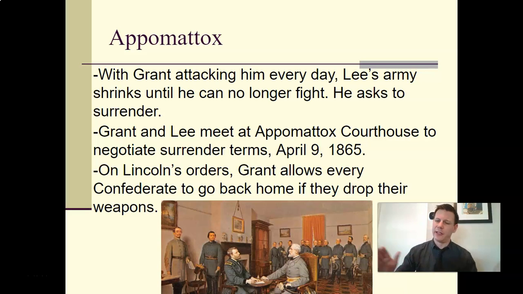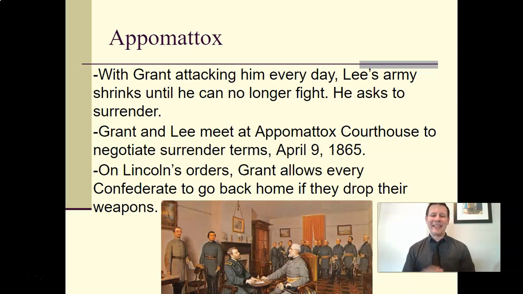You're not going to get tried for treason. Go home. Go to your families, right? Go and see your mom and your dad or your kids or your wife. Go home to the farm. They need you. They miss you there, right? Go home as long as you promise to stop fighting. That's a sweet deal for the Confederates, and most of them had already left and gone home anyways. But Lee will accept these very gracious terms, and so that's how the Civil War ends.